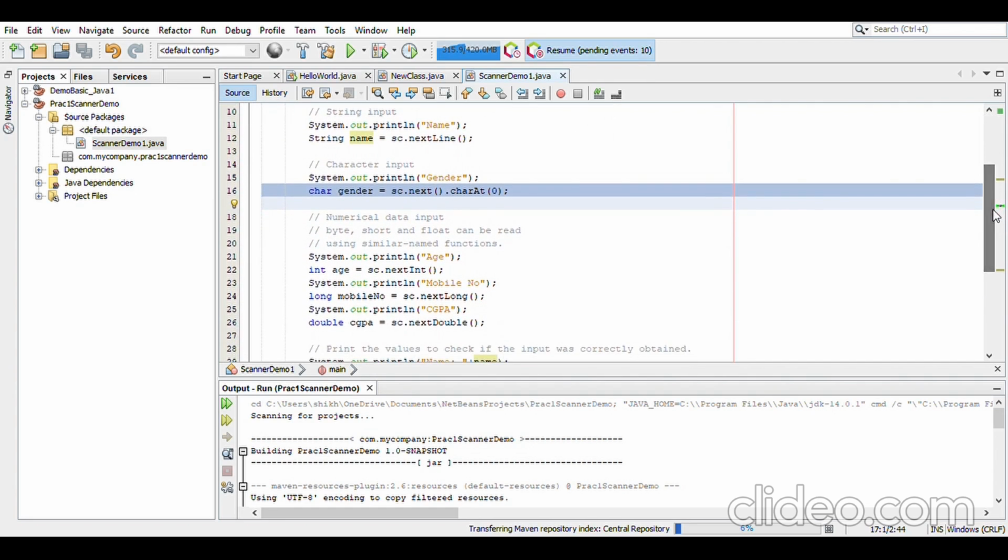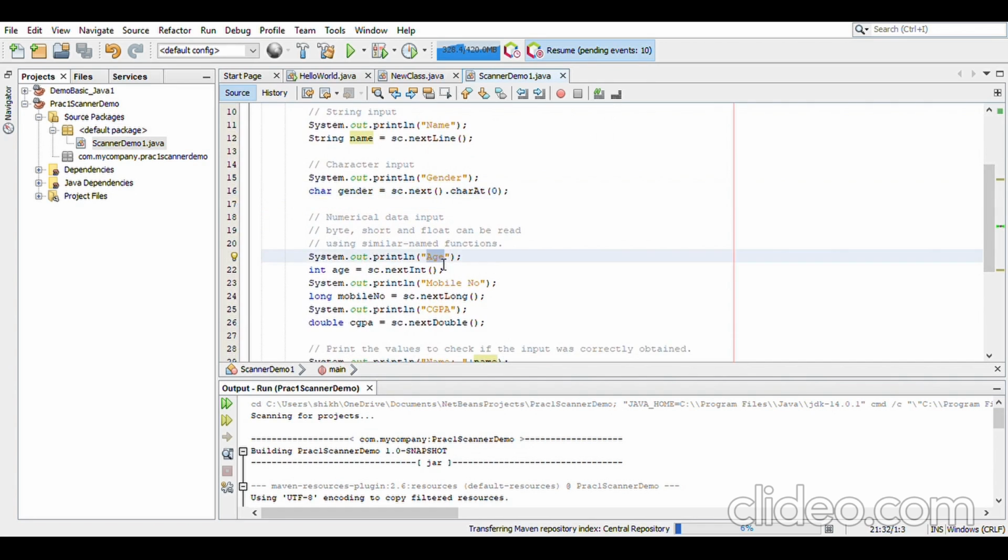Now for taking the value of age, which is an integer number, generally integer values are used for age, so we need to use the method nextInt for taking any kind of integer value. Now the mobile number is a 10-digit number, so we cannot use nextInt.